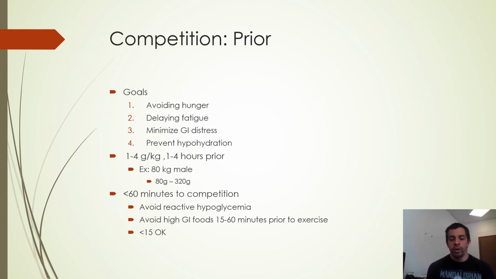So what do we want to do? We want to avoid eating high glycemic foods in that 15 to 60-minute window prior to exercise. Okay, so you don't want to eat high sugar foods 30 minutes out, 45 minutes out. If you want to have a small bite of something, that's fine. Remember, the amount of food we're eating is going to affect the insulin response. But you shouldn't be having anything large or even medium. It should be a small snack, if anything.